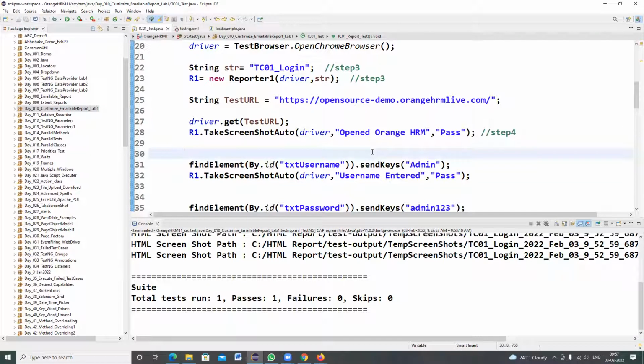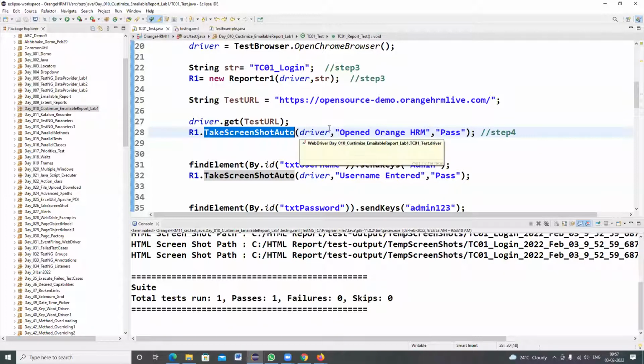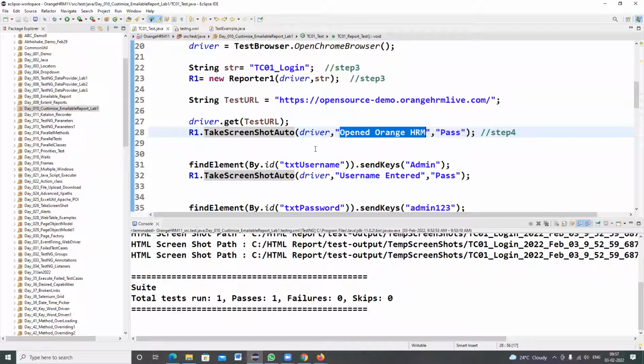Okay. Once you join any project, the main point to pay attention to is how to write log statements for the set of driver instructions. You need to understand that point, and as part of the KT, what kind of method people are using, so that in your emailable report, in the reporting part, those statements will be generated.